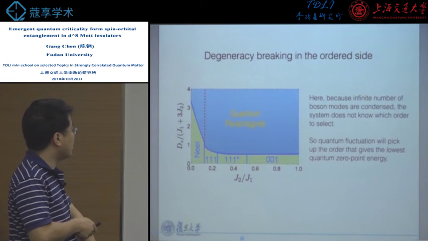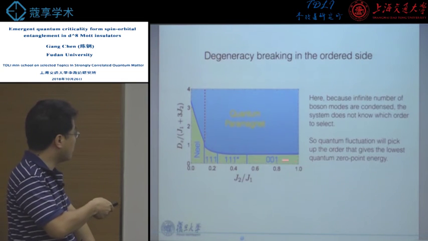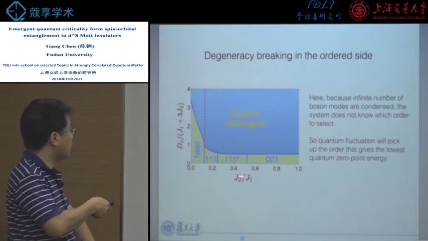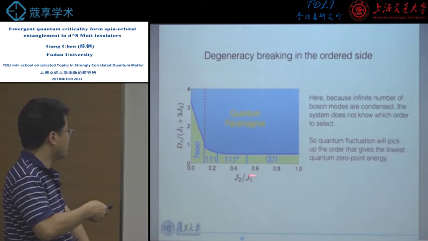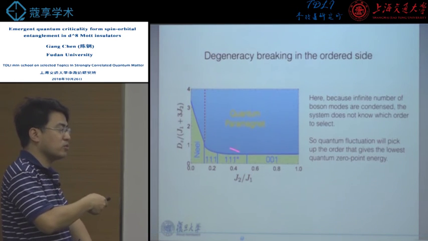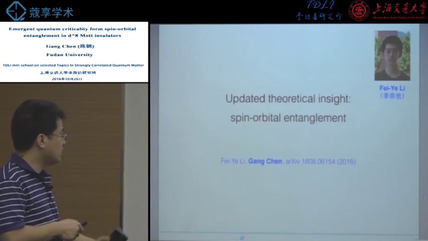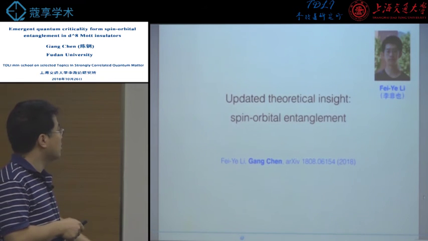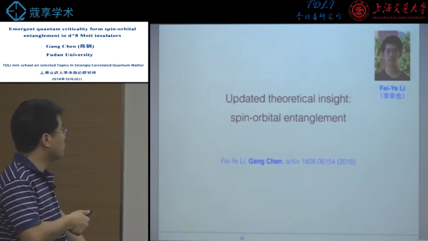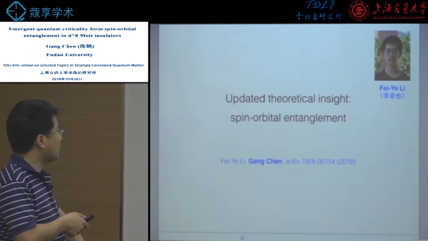So that's the understanding. Within this ordered regime, it's the quantum zero-point energy that selects the ordered pattern, due to quantum zero-point fluctuations. So that's the second part. Using the rest of time, I want to advertise some very nice work with